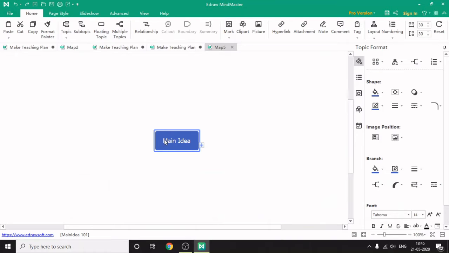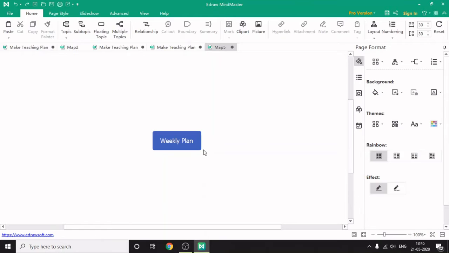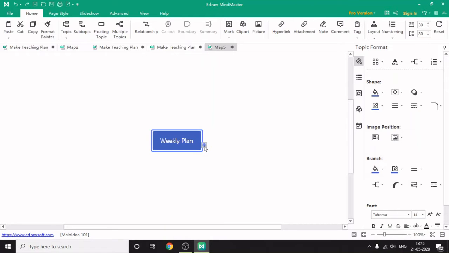Double click on it and here comes the main idea. Let's start with a simple theme, that is weekly plan. Now we can add the days. There is a tab icon here, plus sign here. Click on it. You can add